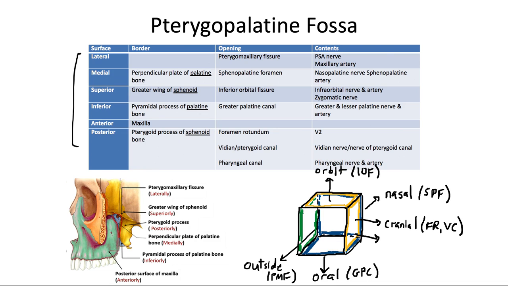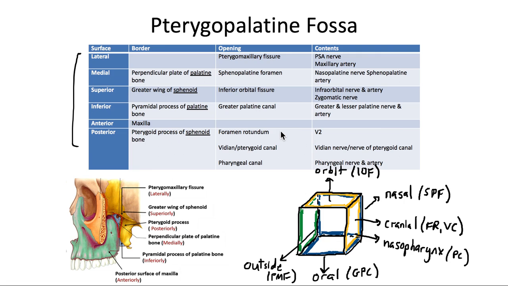And lastly, the pharyngeal canal is communicating with the nasopharynx. So that's behind, posterior to the nasal cavity, which again makes sense because we have the nasal cavity there, and the nasopharynx is posterior to it. So the pharyngeal canal transmits the pharyngeal nerve and artery into the nasopharynx. So all of those names match up with one another, and that's about as simple as I can make this